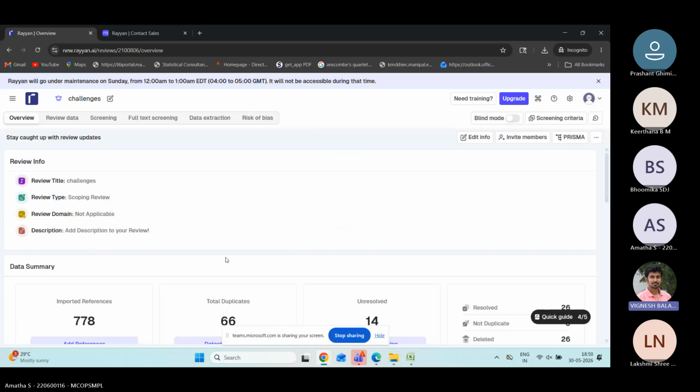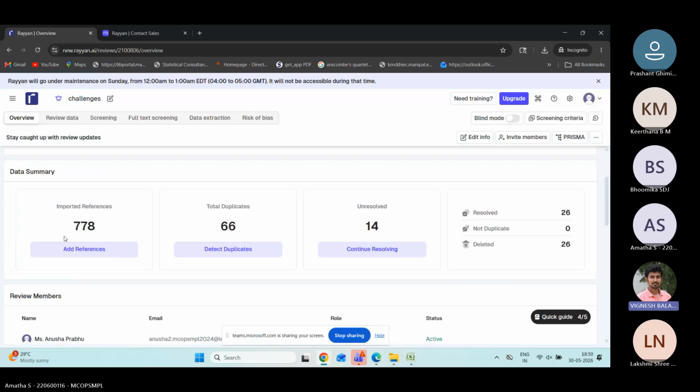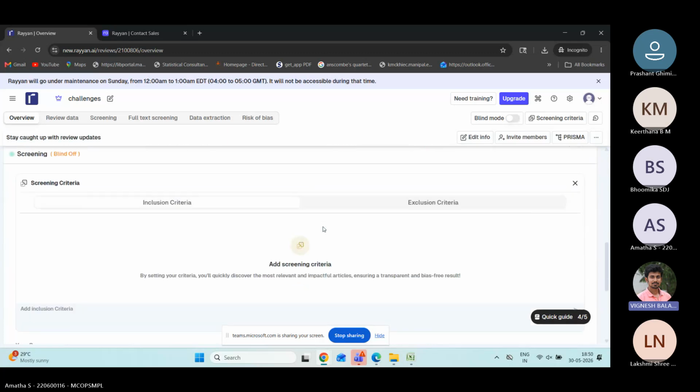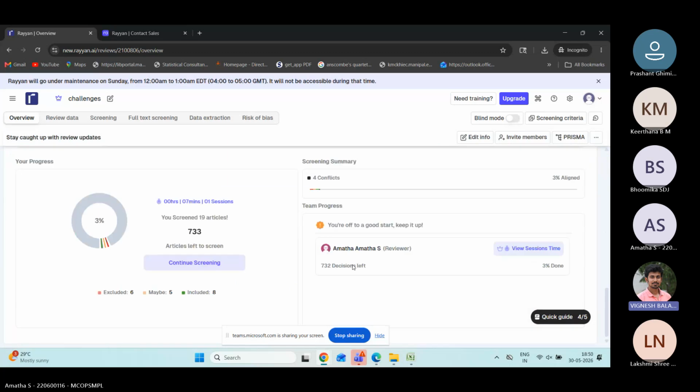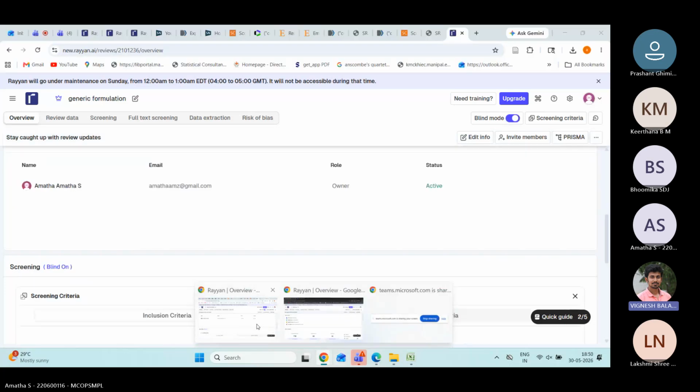I hope you understand the information about Rayyan. One is how to create an account, how to create a review, and how to import the review, like how to import the exported data, and how to add the review members and collaborative members. Then this one will be obtained only after the screening stage. I will show you. So coming back to our work, now we have imported